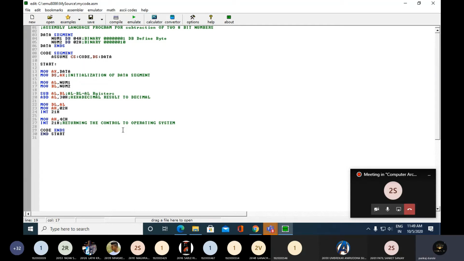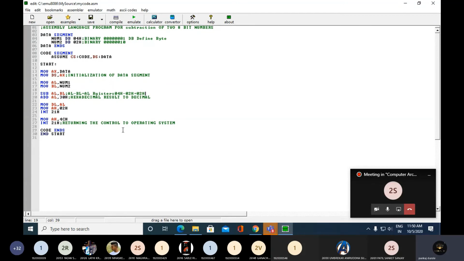Now after we subtract 02H from 04H, we will get the value 02H. After subtracting hexadecimal 2 from hexadecimal 4, we get hexadecimal 2. This is the expected answer.